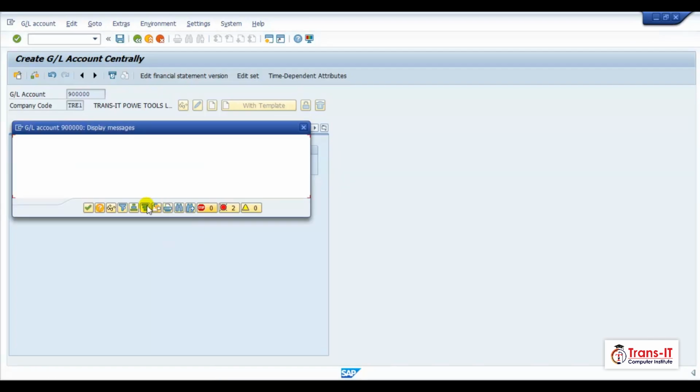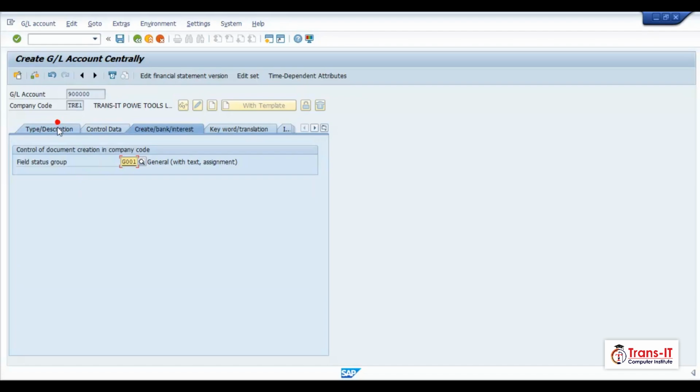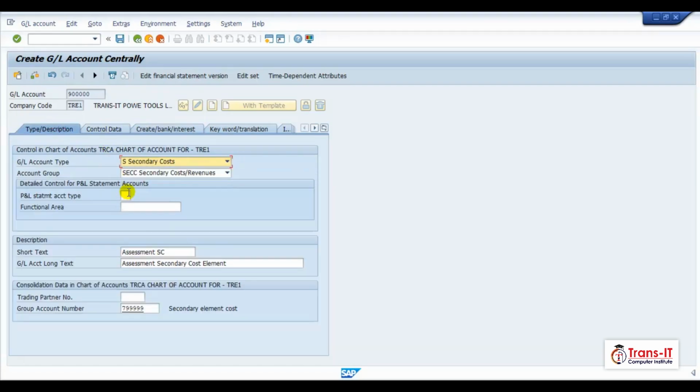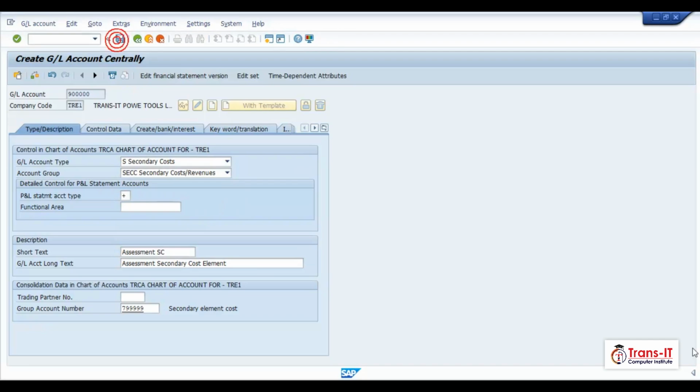Then click on save button. Make here retained earning account, and now save. We will create